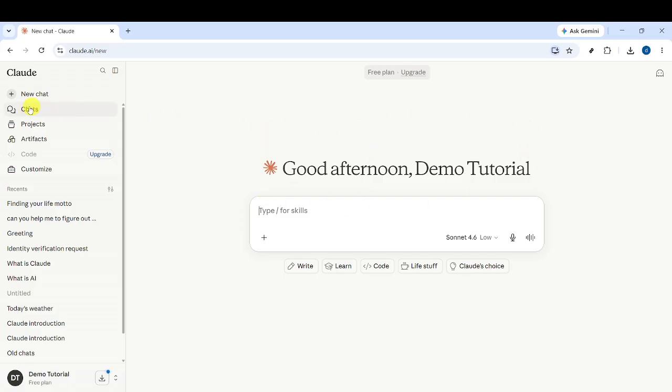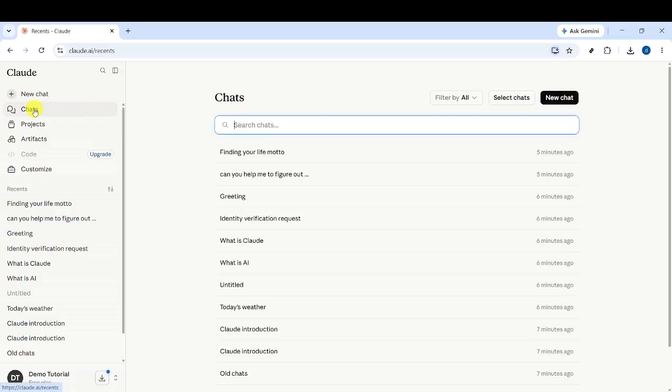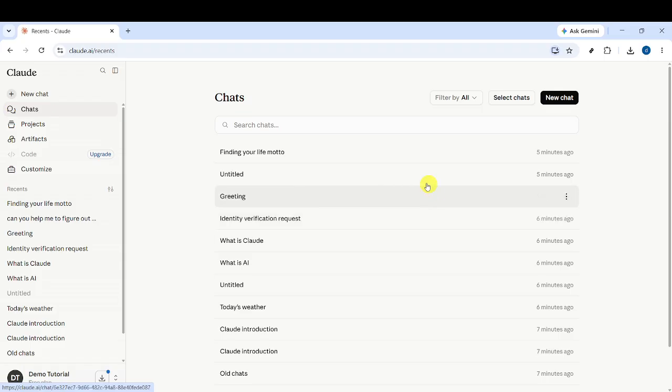Next, look to the left-hand side of the screen for the navigation menu. This is where Claude keeps the main sections of the app. In that menu, click on Chats. This section is where your previous conversations are stored, so it's the main place you'll use when trying to find something from earlier. After opening the left navigation menu option, click on Chats again if needed to enter the full